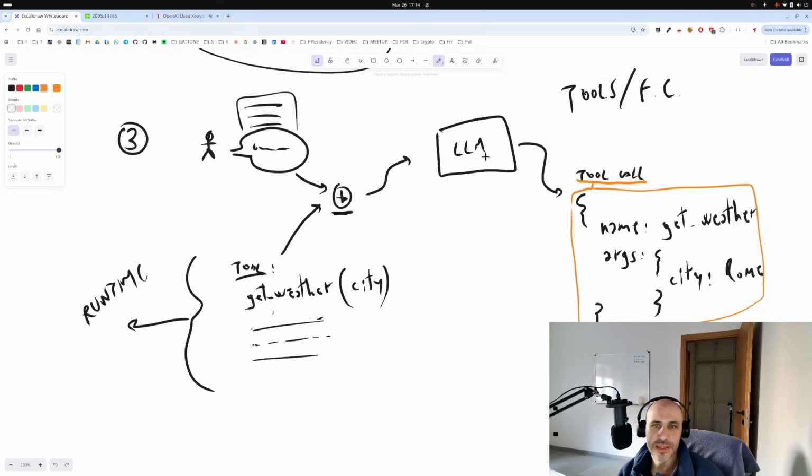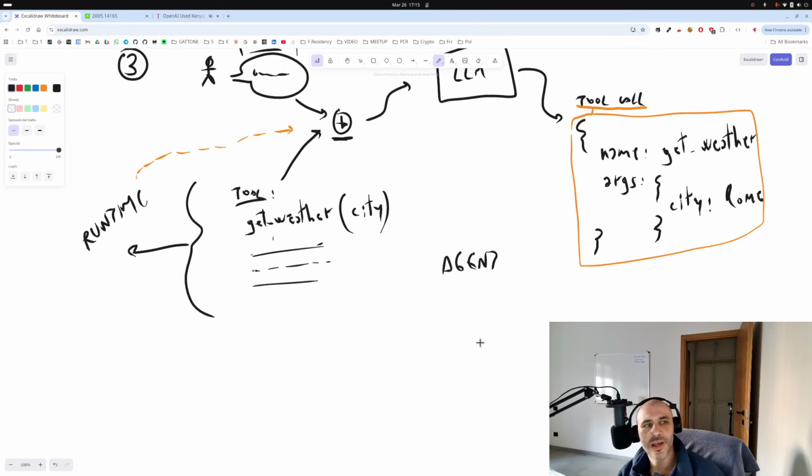So I repeat, the language model is deciding which function to call and which arguments, but the runtime, the software around the language model, will actually call the function and put the results again inside the context. And this was the birth of agentic AI. This was an agent, basically.